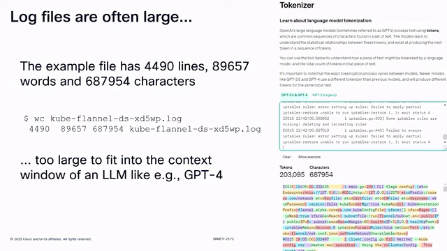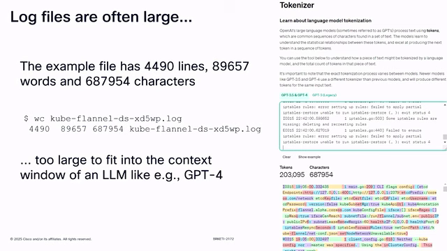Now you can argue, well, maybe, Frank, I can use Gemini, and that has a 1 million token window. That's not my point. My point is, I'll find you a log file that is bigger than your token window or your context window. So what do you need to do with that? Well, we need to somehow filter this file without losing the core information in it, right? So let's see whether we can find easy ways to get the redundancy out of the log file and keep the key information.